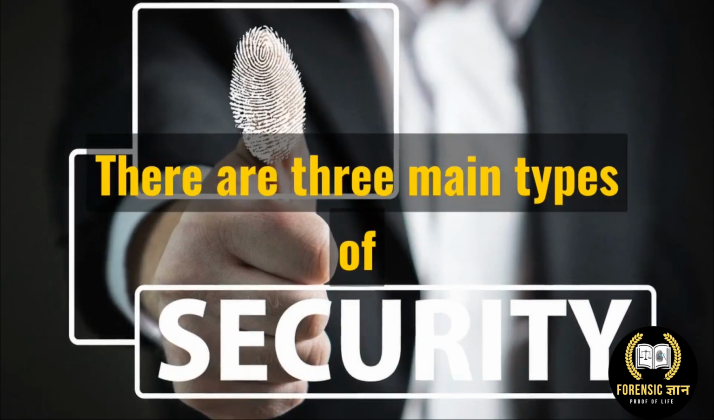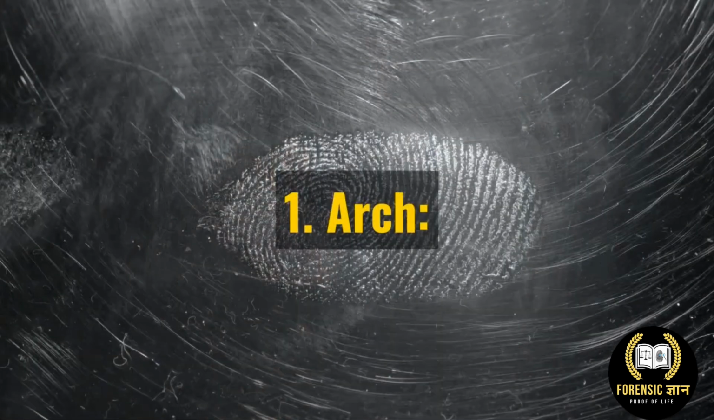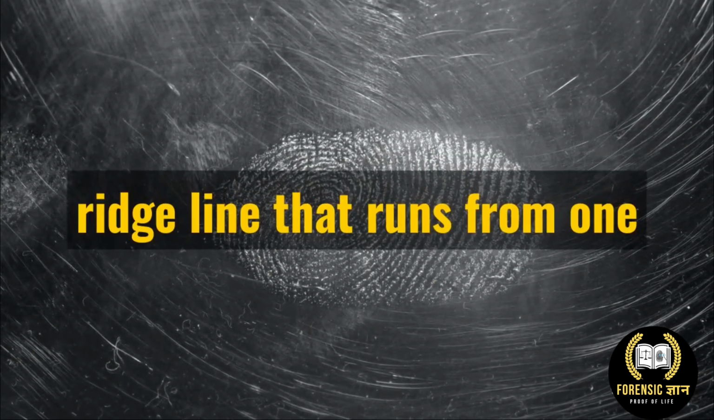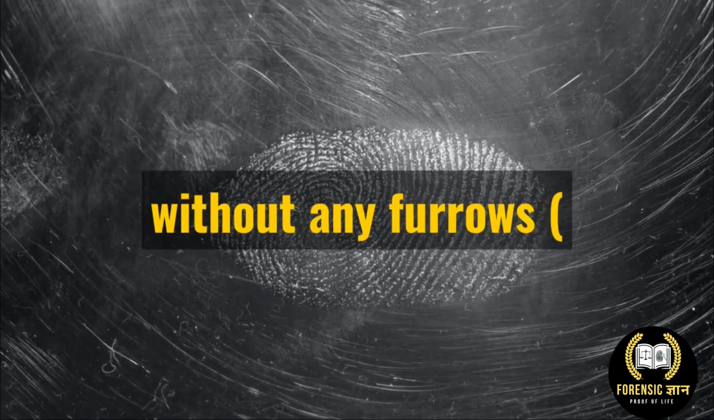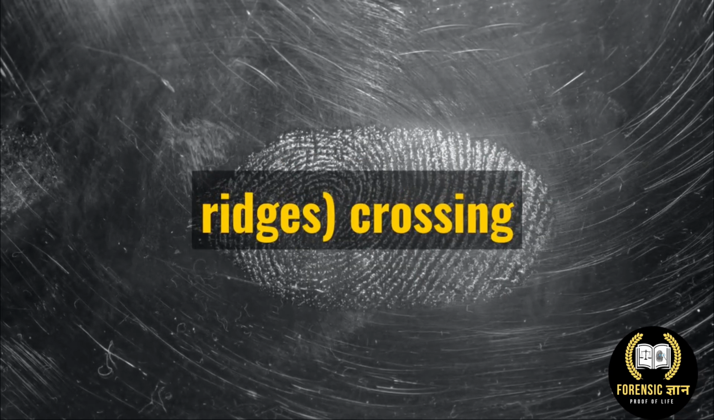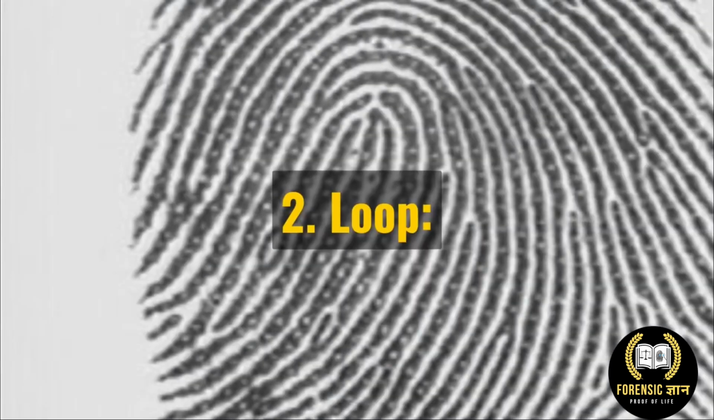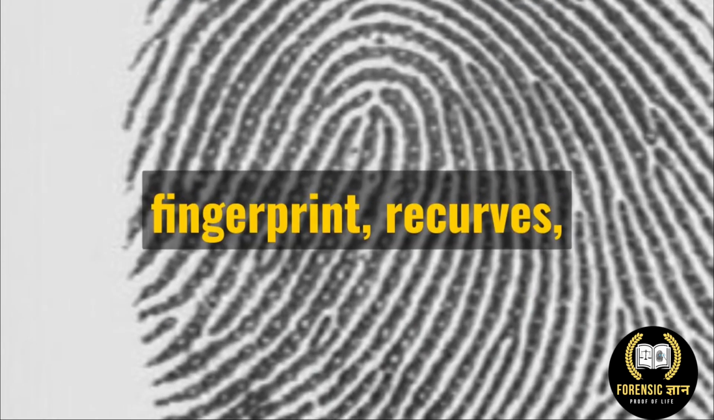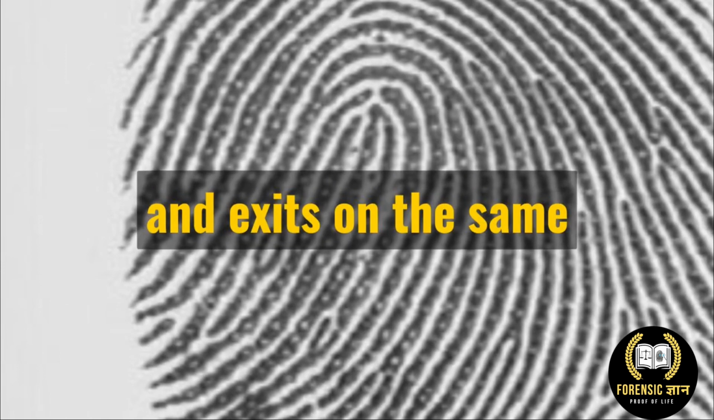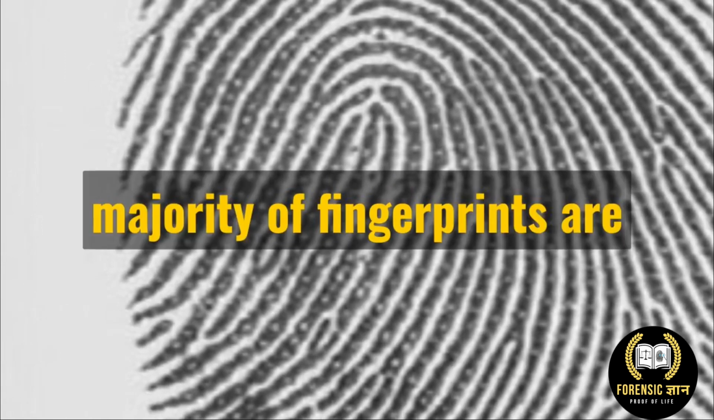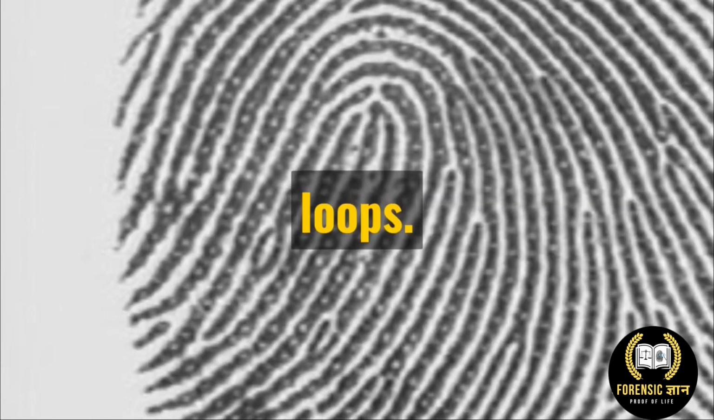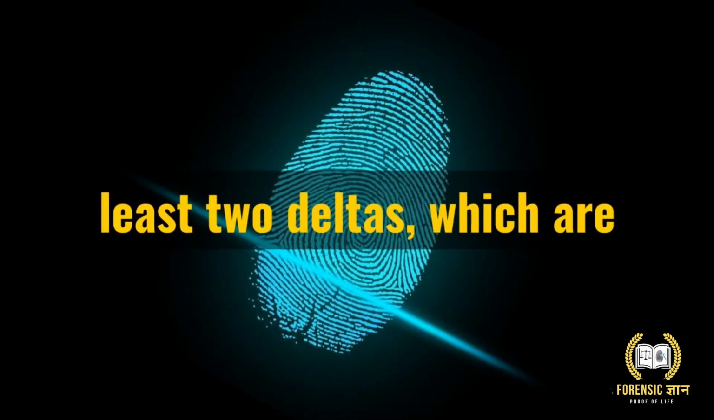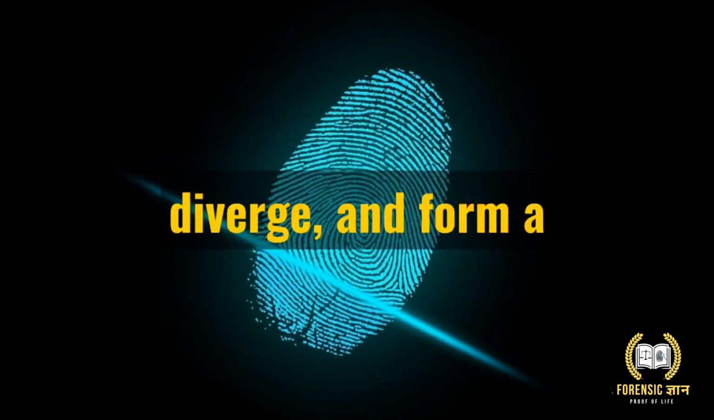There are three main types of fingerprints. 1. Arch. These fingerprints have a raised ridge line that runs from one side of the fingerprint to the other, without any furrows or ridges crossing it. 2. Loop. These fingerprints have a ridge that enters on one side of the fingerprint, recurves, and exits on the same side. The majority of fingerprints are loops. 3. Whorl. These fingerprints have at least two deltas, which are points where the ridges end and diverge, and form